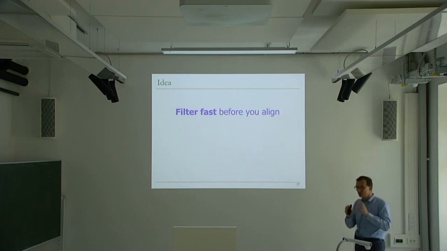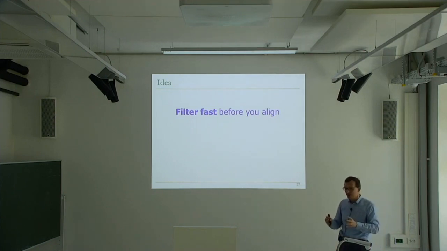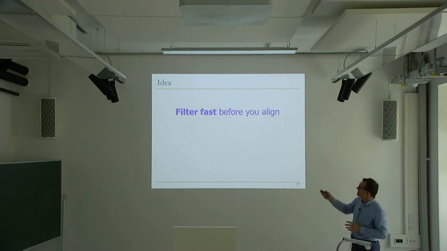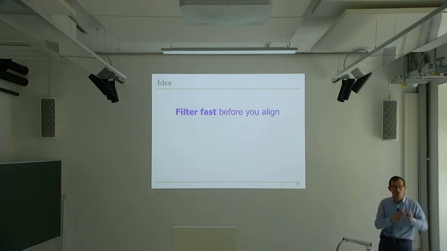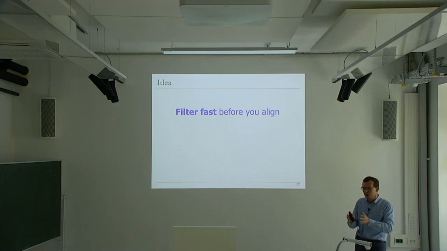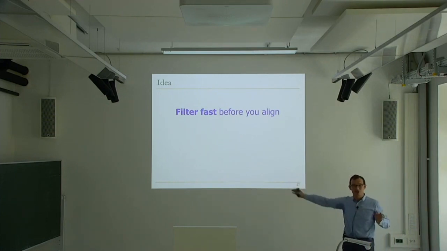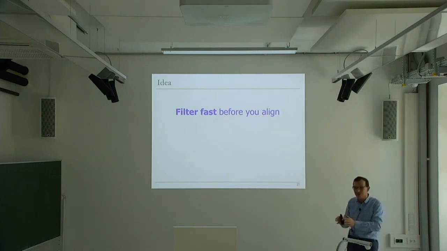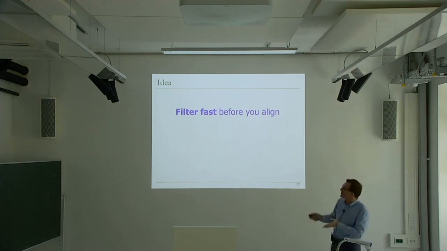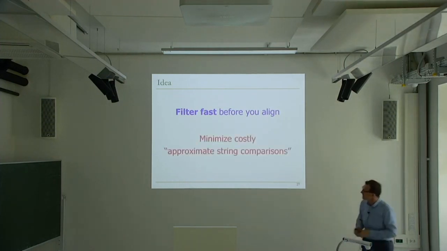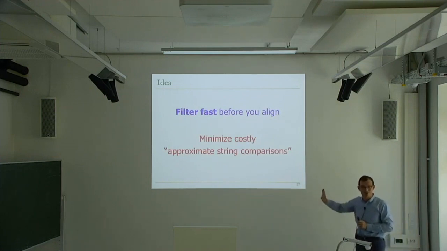The idea was not to do the edit distance computation right away, but to have a quick filter that we could design that basically told us, okay, this read that you've gotten is going to match this particular location, or it's not going to match that particular location in the reference genome. So if you can design such a filter, you can eliminate a lot of the edit distance computations that you need to do. You don't compare this read to all of the possible locations in the reference genome. You compare to only locations that you think it's going to match. The key question is, of course, how do you do that filter? Right? So this minimizes actually costly approximate string comparisons.